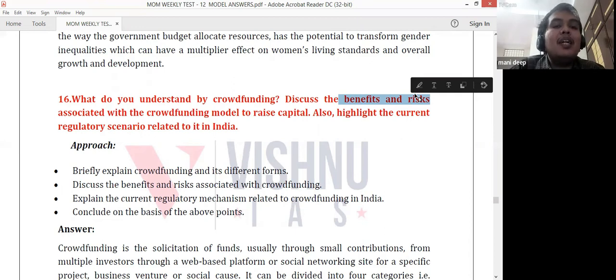But there are huge risks also. One risk is, what if you are funding a startup that is not making profit and not returning your amount to you? Then you cannot complain to anyone. Second, this can be an illegitimate route to legitimize black money. For example, if you have huge black money, using crowdfunding you can fund some startup, and then your illegitimate money becomes legitimate money. Then it can lead to many off-track crime records also. These are the risks associated.